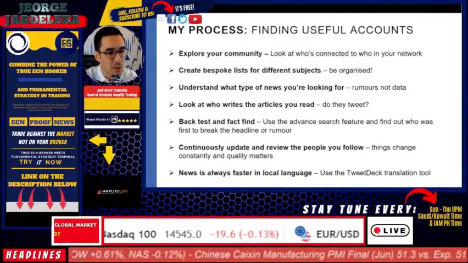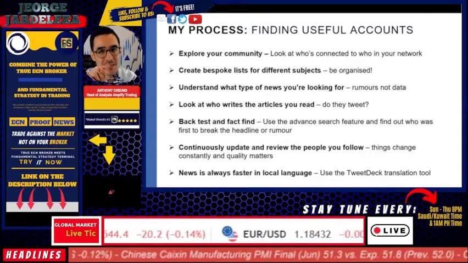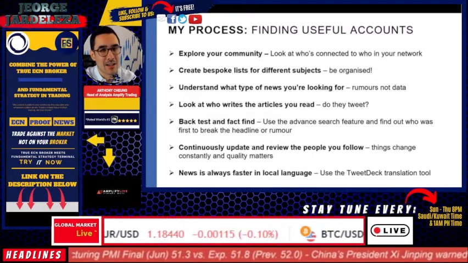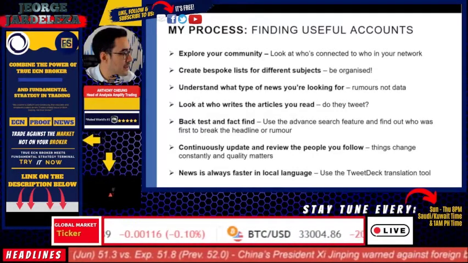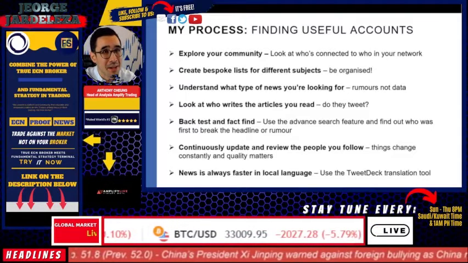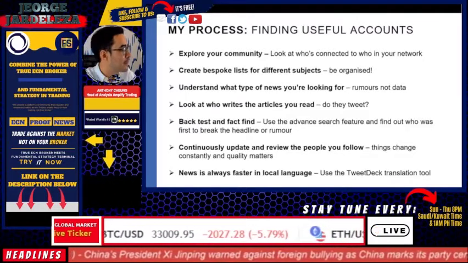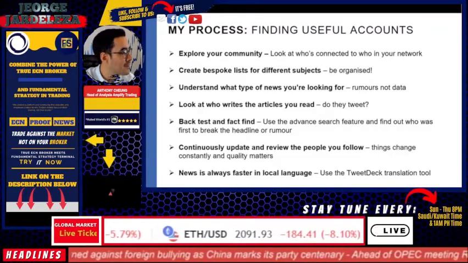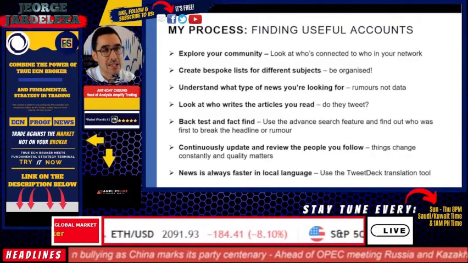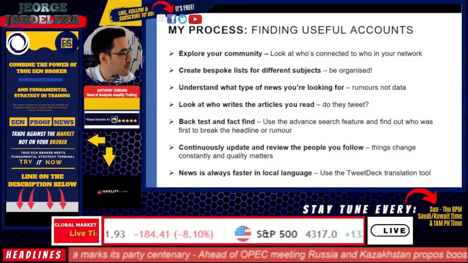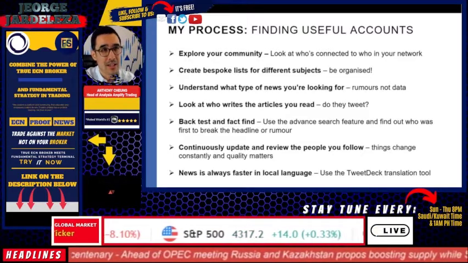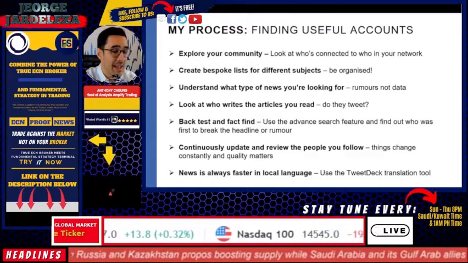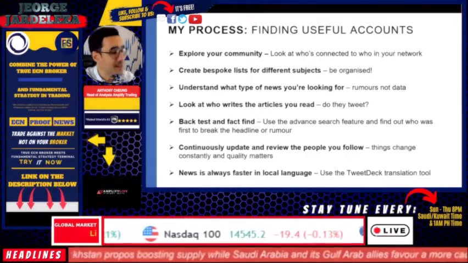On TweetDeck, one of the systems I'll show you shortly, there is an auto translation function where you can look at tweets. So I'd always recommend, if the subject matter is in a different language to English, that you follow it in its local language if you want to be quick and react to things in that manner. Now, with all this being said, it does sound like a lot of work, but this is how you can really take advantage and use Twitter if you're going to use it for trading purposes. The other way of doing this, of course, the shortcut, is to get a squawk service like News Squawk, for example, and they have designated people doing this for you 24 hours a day.